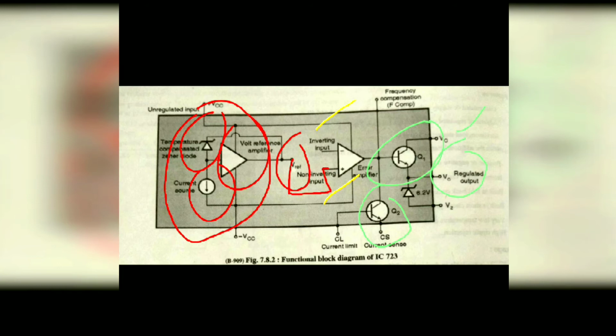So for the current limiting operation, transistor Q2 is normally off. It turns on only when the load current exceeds a predetermined limit. When Q2 conducts, it diverts away the base current of series pass transistor Q1 to control the magnitude of load current below a safe limit. Simply, the current limiting pin number is 2, and current sensing pin number is 3.